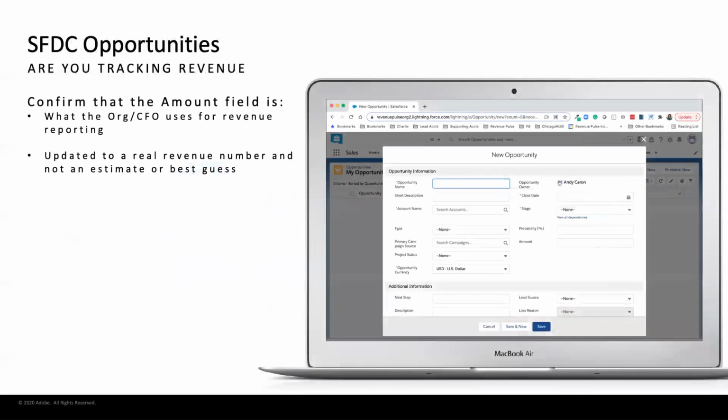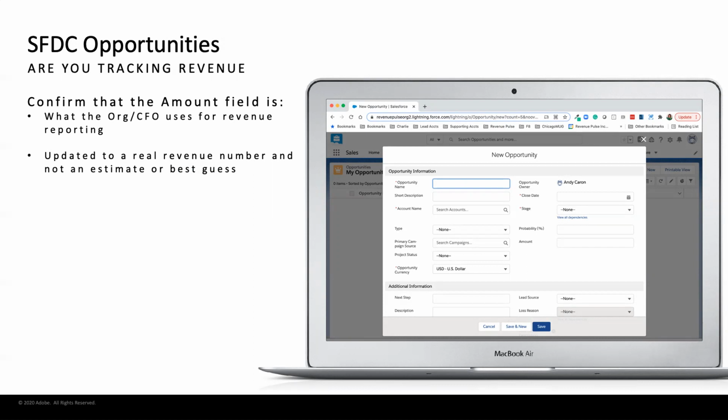Okay, let's talk about the Salesforce opportunity. I always want to make sure that the amount field or whatever field that I'm seeing on an opportunity or that I can pull in reporting is actually the same field and or the same value that the org, the CFO are using for revenue reporting. If it doesn't match, if it's an estimated number, a best guess,